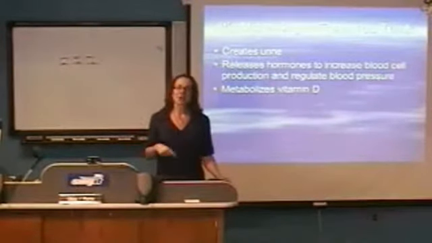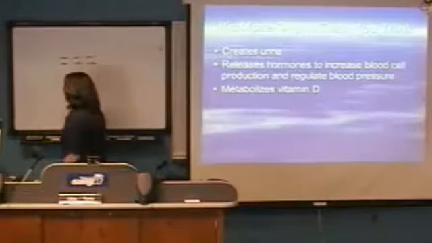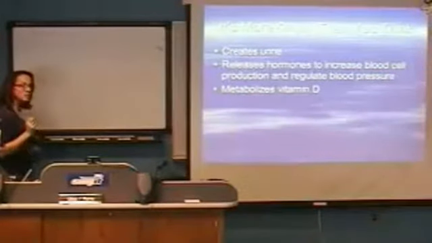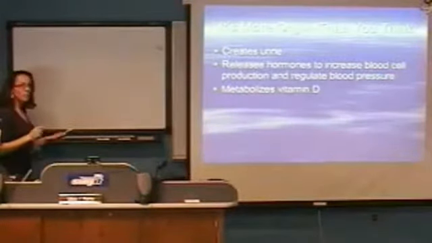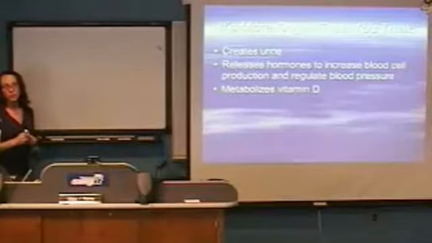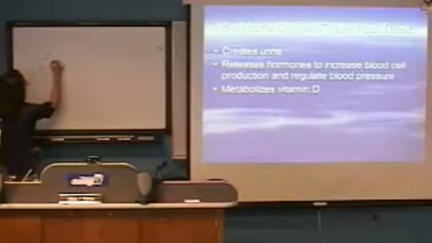The kidney also creates a substance called erythropoietin. The kidney is constantly monitoring substances in the blood. So this is actually a perfect structure to help monitor the amount of red blood cells flowing through the body. If there are not enough red blood cells,